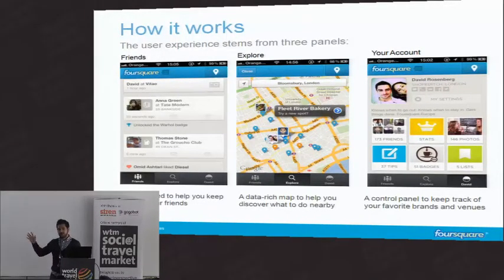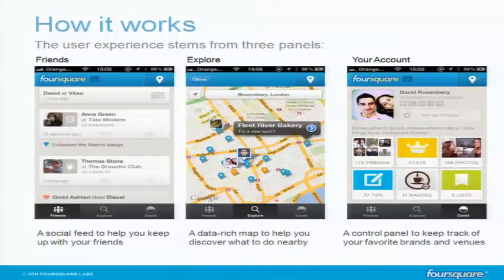And the third bit is essentially your profile page. We've jazzed that up a little bit, and we try to give you back more information about your behavior on the platform, because it's easy to check in 10 times a day, but it's not really that easy to understand your own behavior in retrospect. And I think what we're doing now is trying to show you, hey, you've been to so many travel lounges, you've been to so many hotels, you've been to so many airports, these are your favorite places, this is the content that you've created on the platform, etc. So trying to give some of that data back to you as a user.